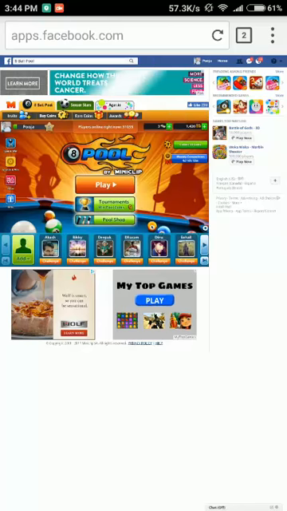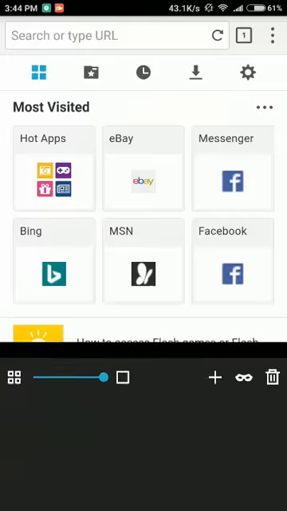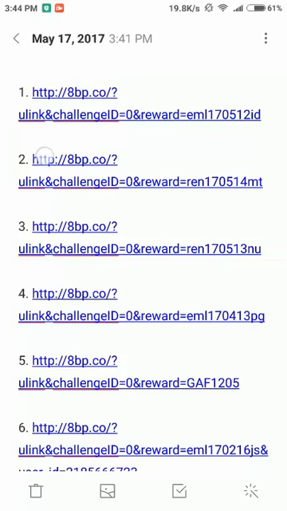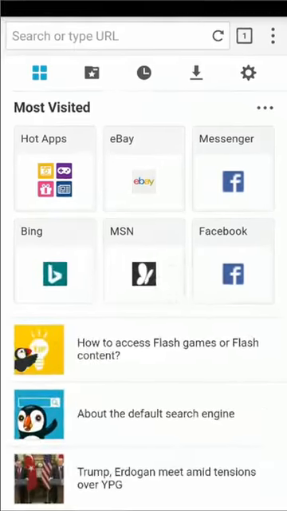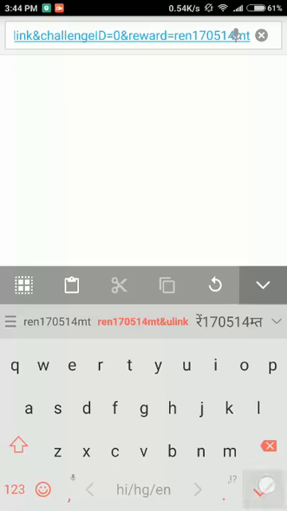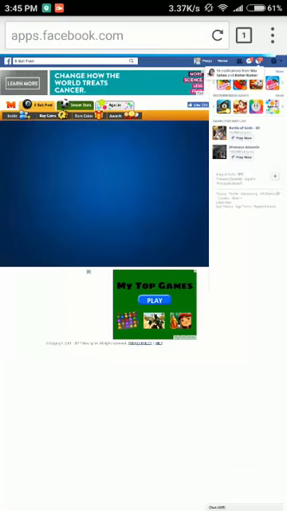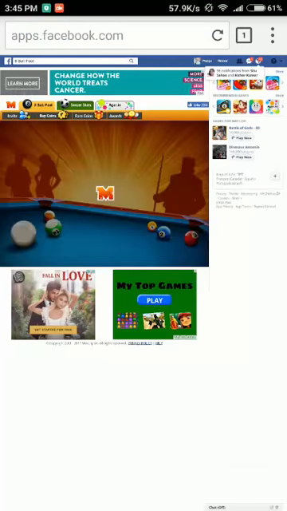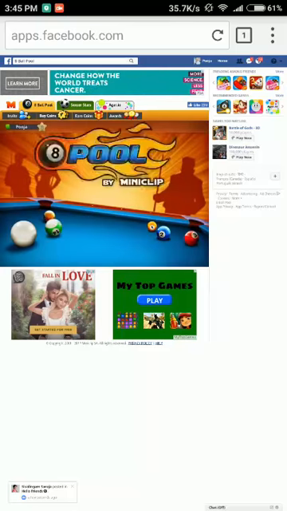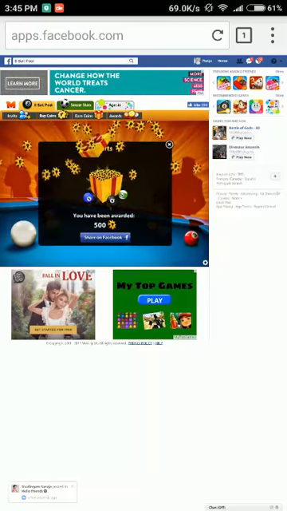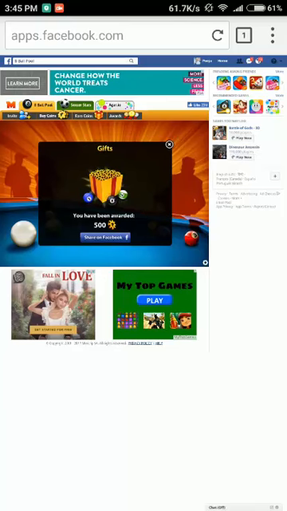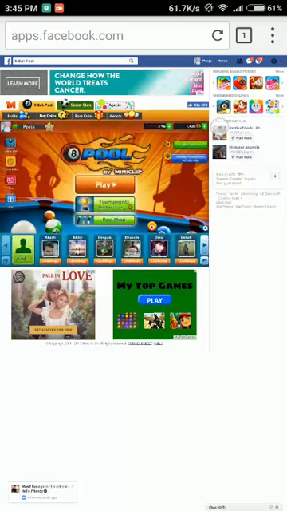And this is not fake. I am sure you guys think this is fake, but those who think this is fake, it is not fake. At this time it's working, and I am opening the second link. See, the second link, my coins also increase. You can see that it's online, so it can't be fake. I'm doing this in real time, so this is not fake. I experienced this myself. See, my coins have increased.